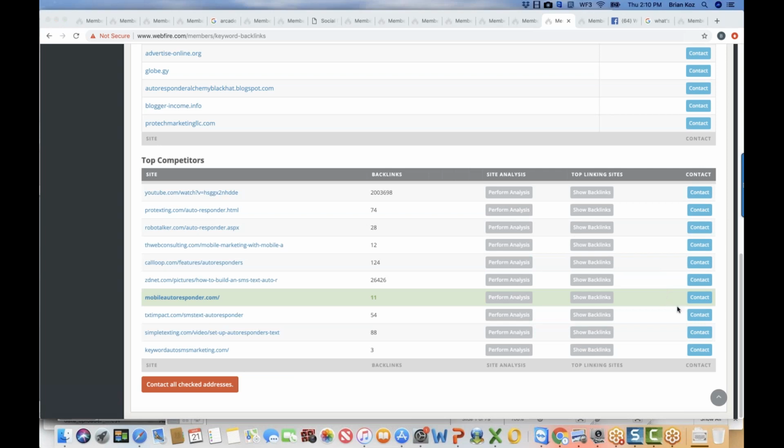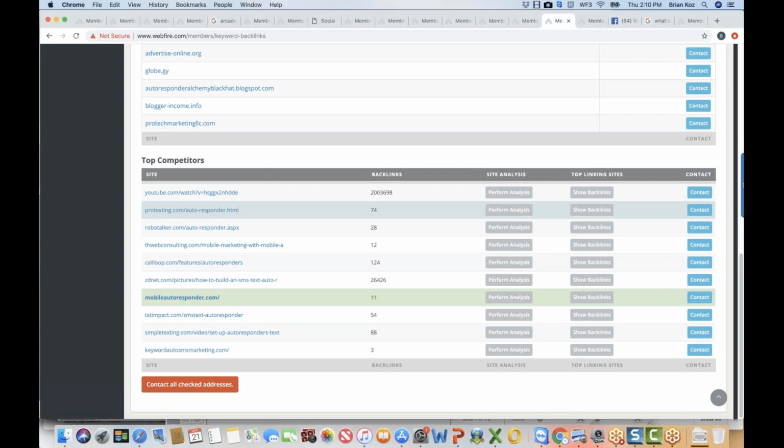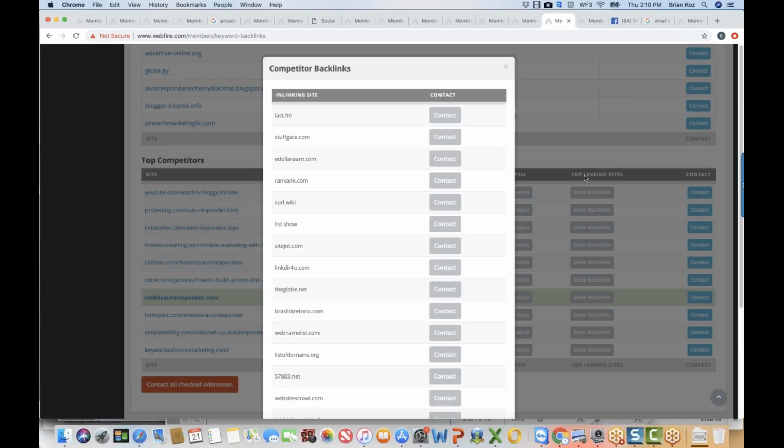And what you can also do is see where their competitors get their traffic from too. So here's one, a competitor ranked on page 1. Not only can I get the competitor's contact info, like their email address, I can also see where they get their top traffic sources from right there, and I can reach out to all of those guys as well.